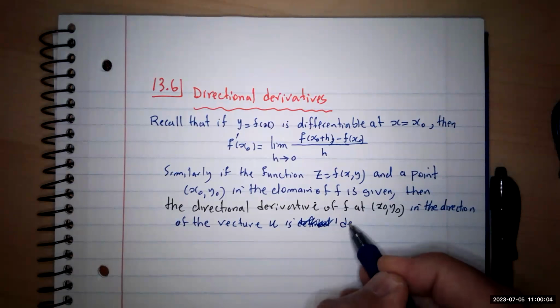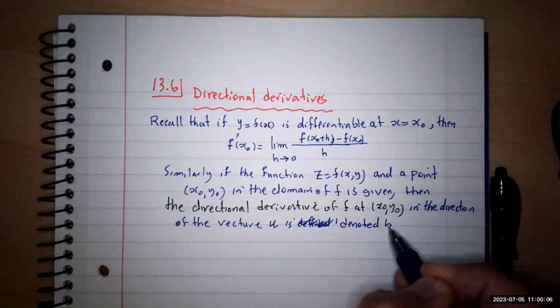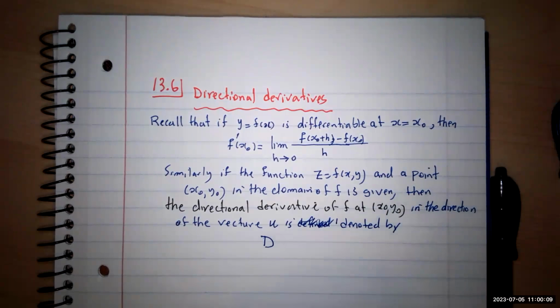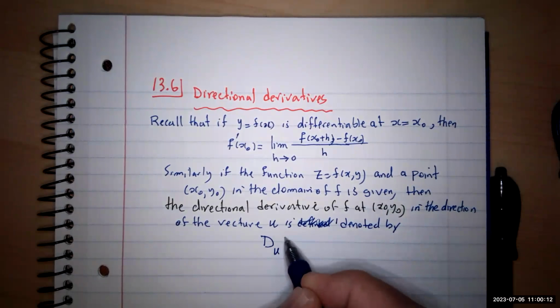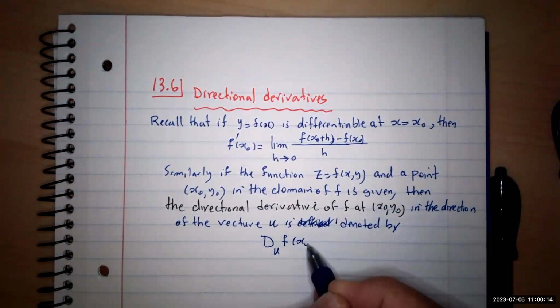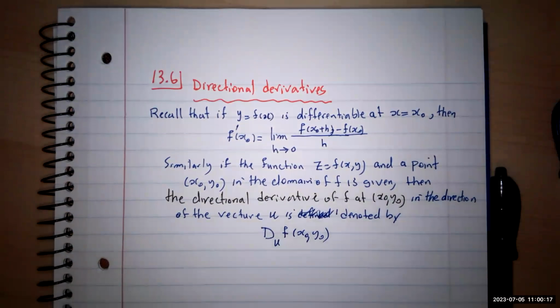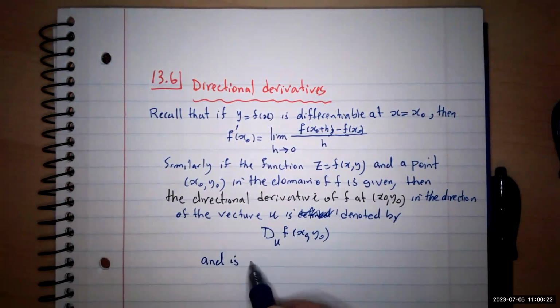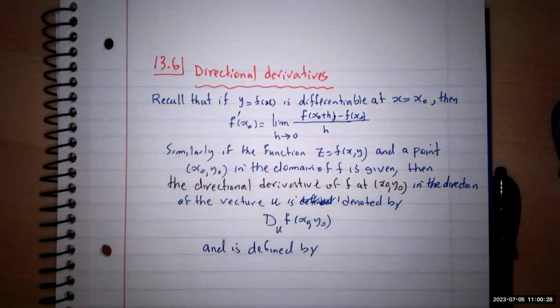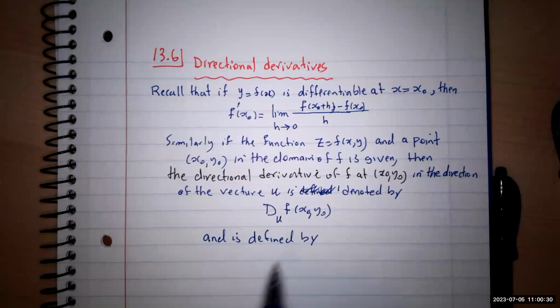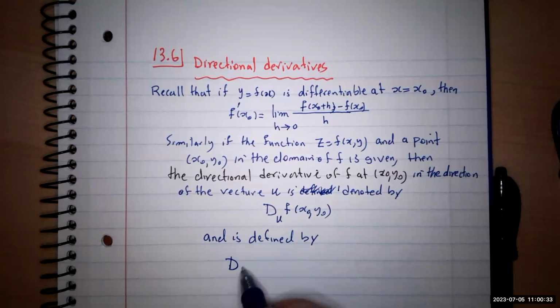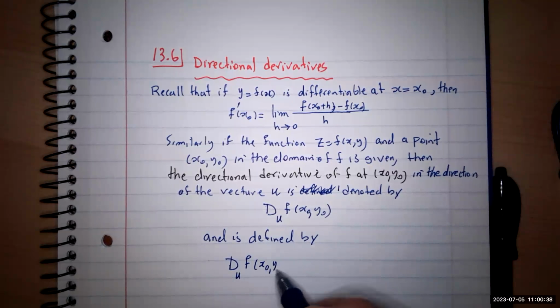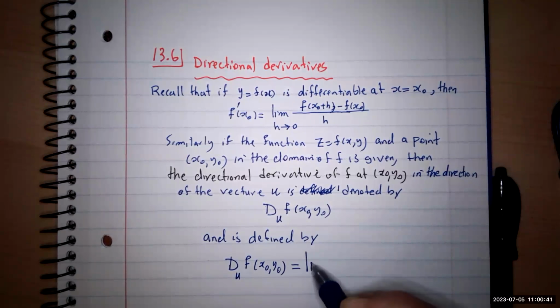It is going to be denoted by the derivative in the direction of u of the function f at the point x0, y0, and is defined by this. The definition is that the directional derivative of f in the direction of u at the point x0, y0 is equal to the limit of, we get this now,